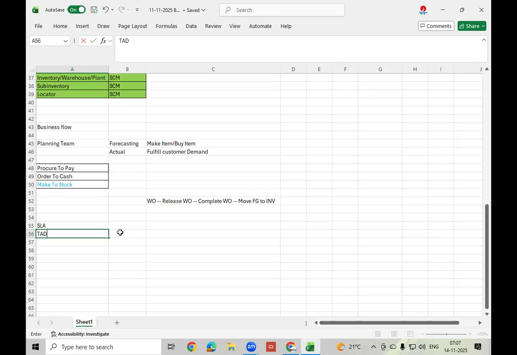Not only that, our first understanding is important, right? Suppose I'm receiving stock into inventory, how will the entries be created? What would be the debit? What would be the credit? Shipping the material to the customer: at the time of shipping, what will be the entry? Transferring stock from one inventory to another inventory.